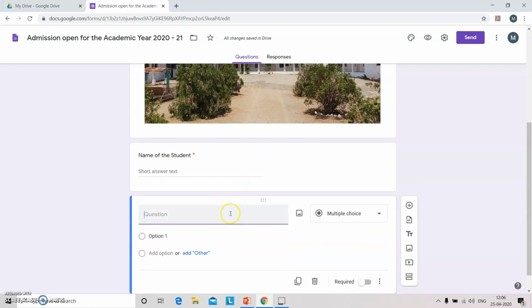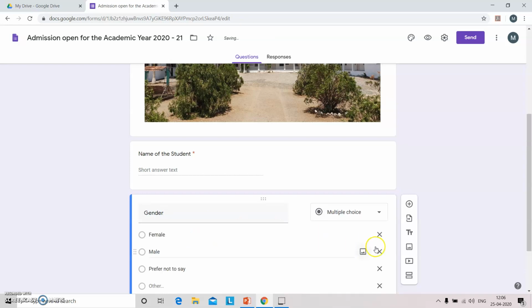Now you can enter the next question, where we can use the drop down menu or multiple choice question. Say for an example, gender. Google provides us all the tabs.